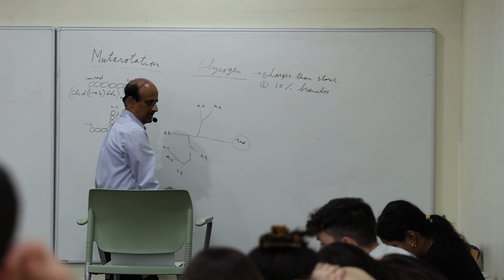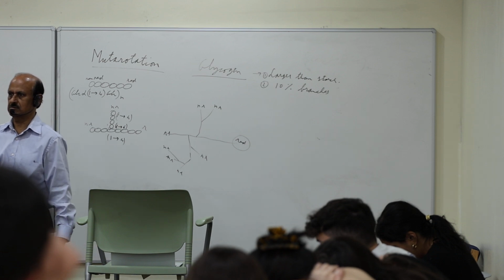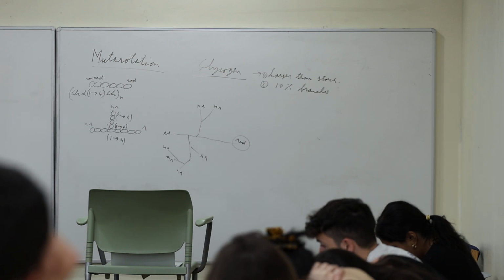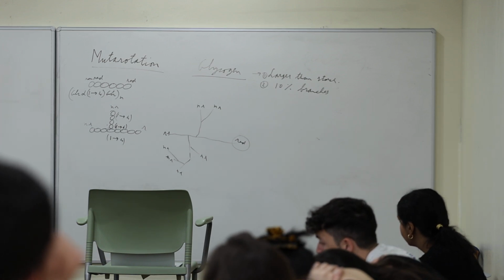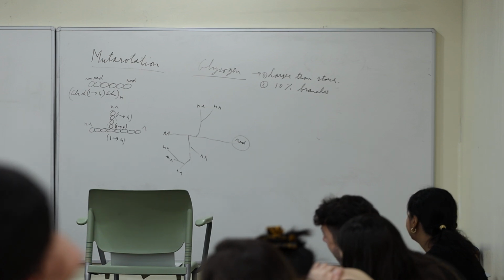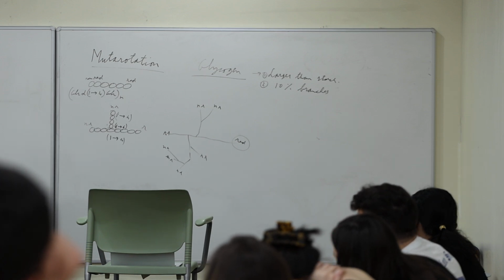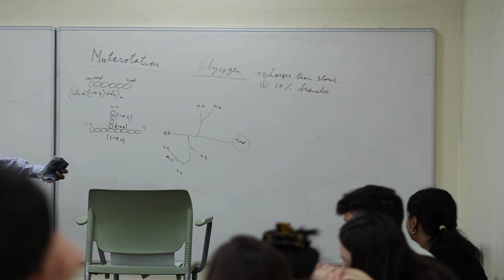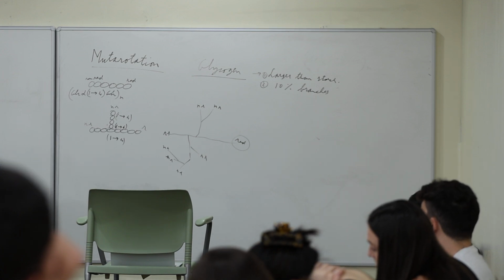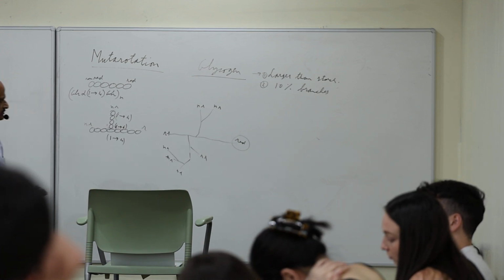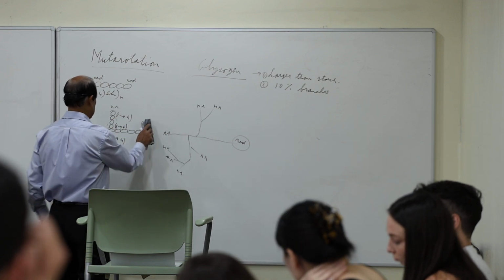That is, this reducing end, which I wrote here, also doesn't exist because it actually started with a protein and not with a sugar. So in reality, glycogen has only non-reducing ends, and if there was supposed to be one, that one also doesn't exist for the reducing end. And all that is important